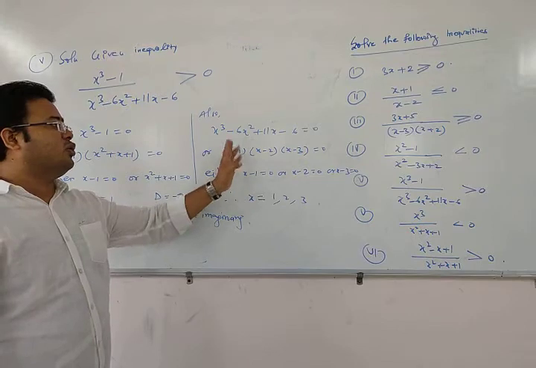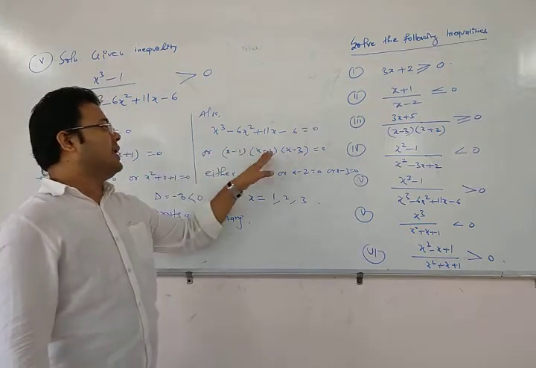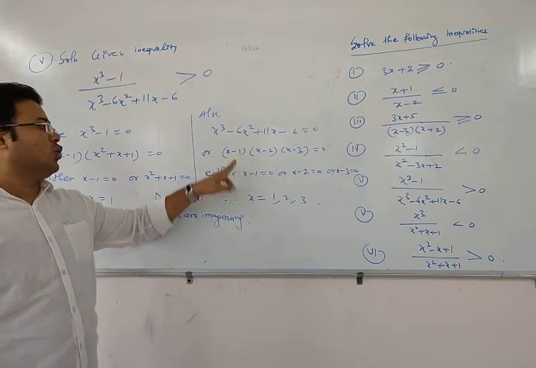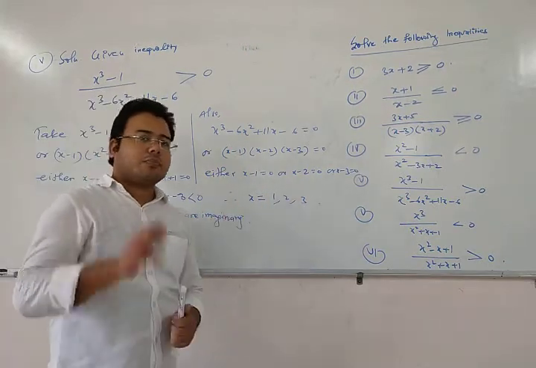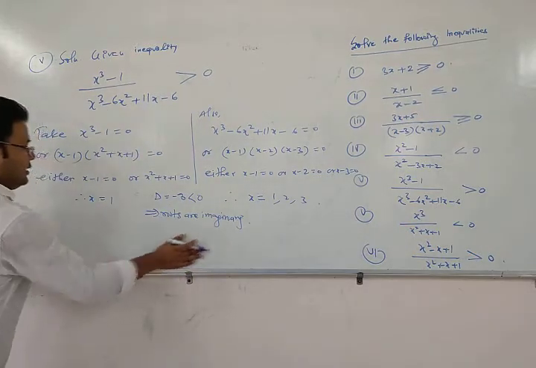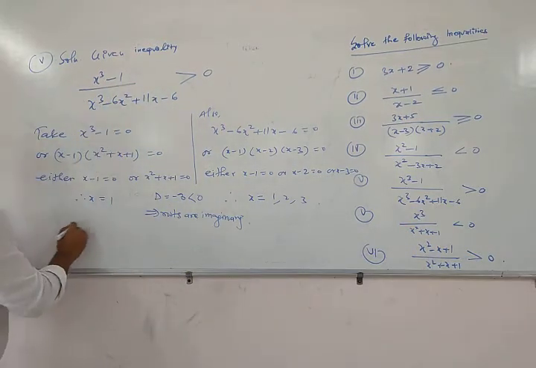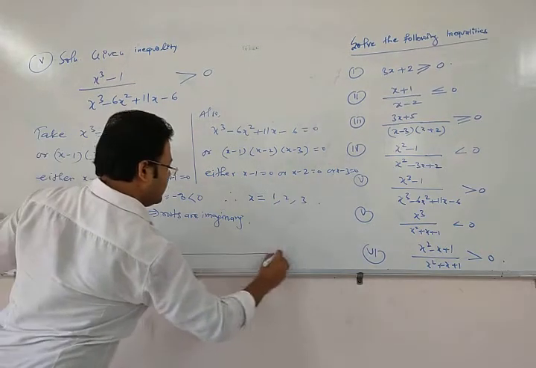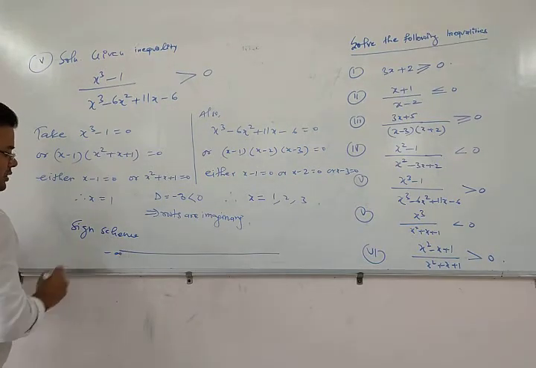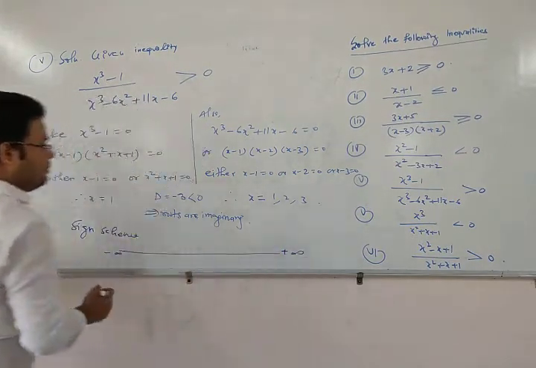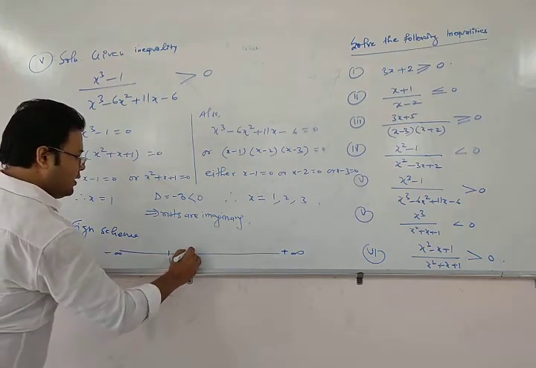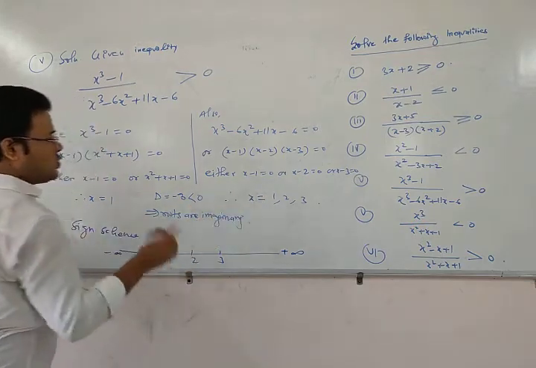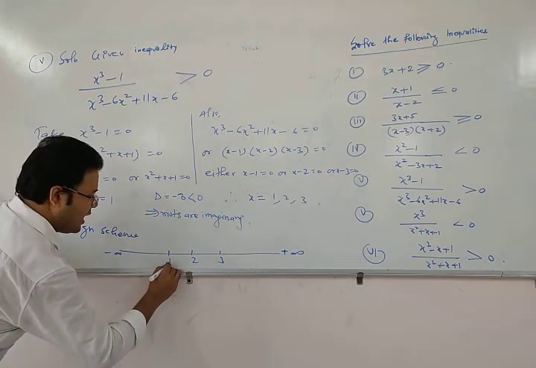और इसका जो रूट्स होता है 1 2 3 होता है। सो इसको हम ऐसा लिख सकते हैं, अगर रूट 1 2 3 है तो we can factorize like this and the roots are 1 2 3. Now we have to write its sign. So sign scheme, here is the real number line, this is minus infinity plus infinity, roots are 1 2 3 but 1 occurs 2 times, so we have to write 2 times.